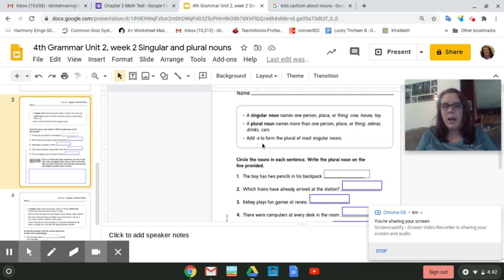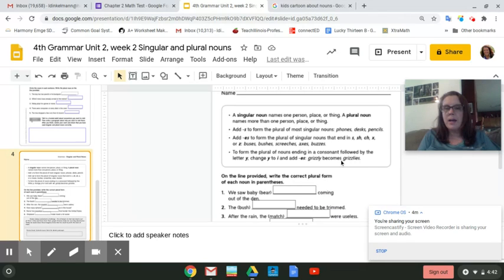Now, the last page you're going to do this week does have some of these other rules. It does have where you will have to add es to some of them, and then also changing the y to i before adding es. So you will have some that you will have to do that with. So please make sure that you do a good job on this. I know you guys can do it. And once again, when you learn these grammar skills, we want to see you using the grammar skills in every writing opportunity that you have. So hopefully you will